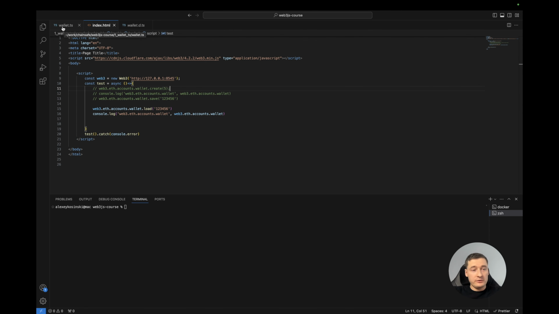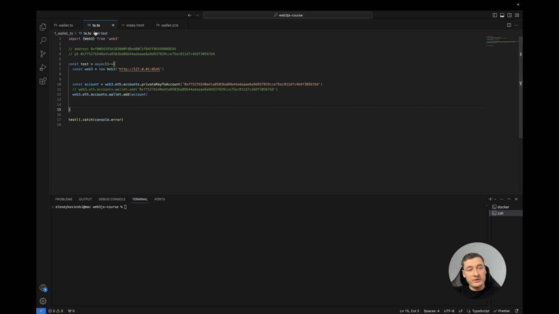I will create another file. So I create the txts file. We'll use our account which we already refilled, and create the instance of the Web3 and add this account to the wallet. So let's try to send the transaction. For this, let's add to the wallet. Okay. For this, let's create a new account, receiver,